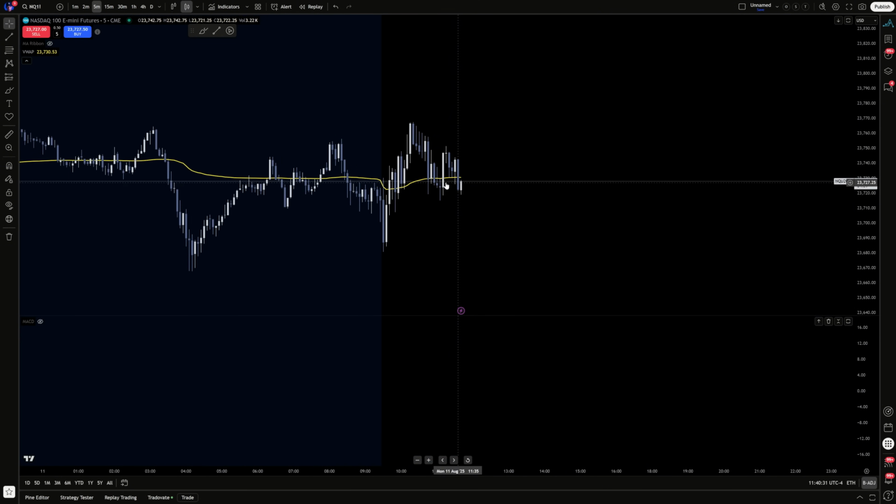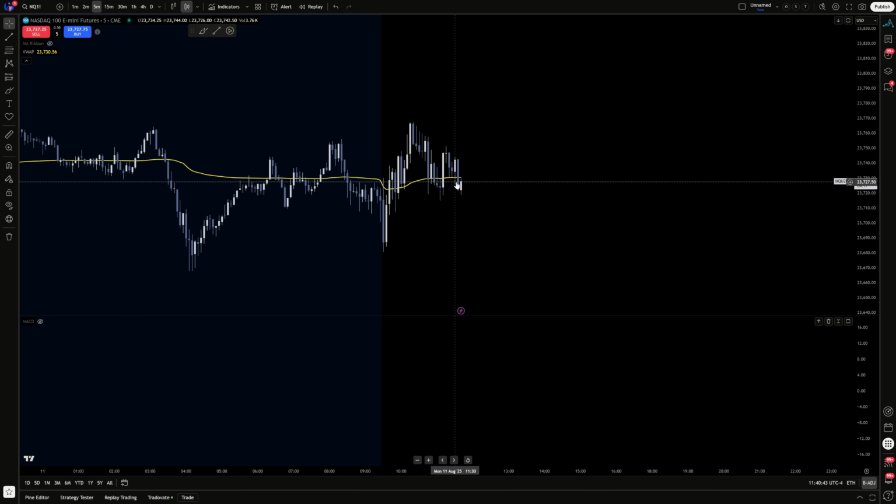Especially right now, we're in a chop zone. What do we do? Well, we need additional indicators, right? Okay, cool. So let's go ahead. And now, since we know what VWAP is, let's hide VWAP for a second